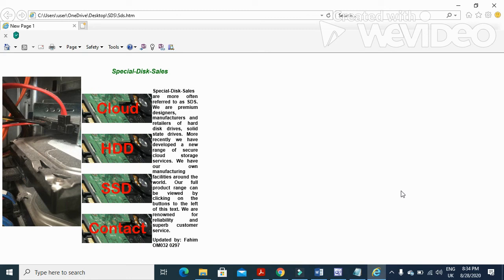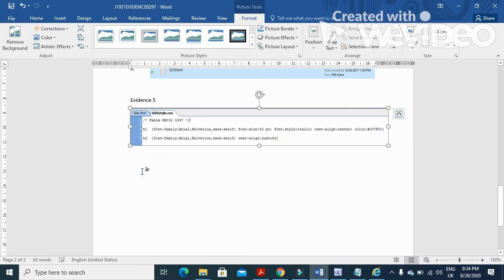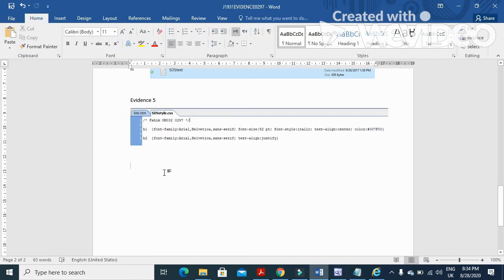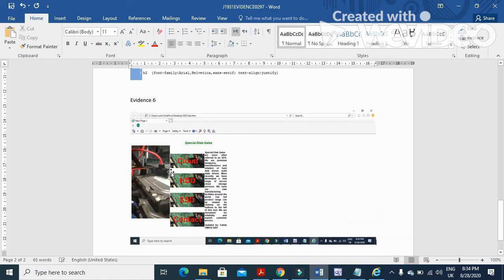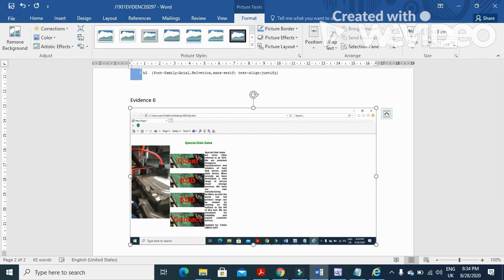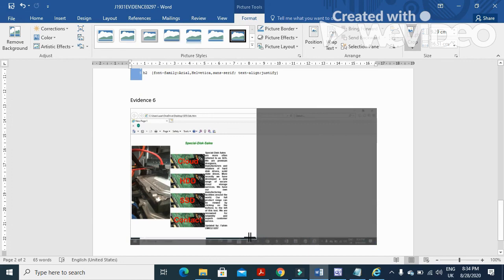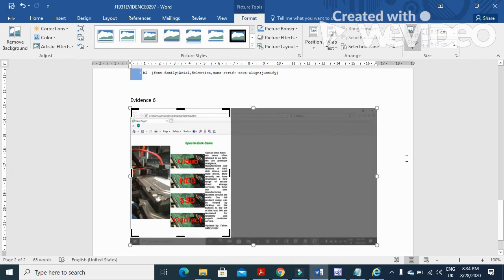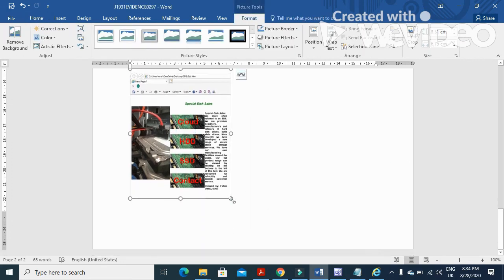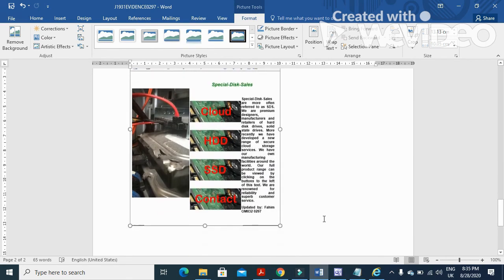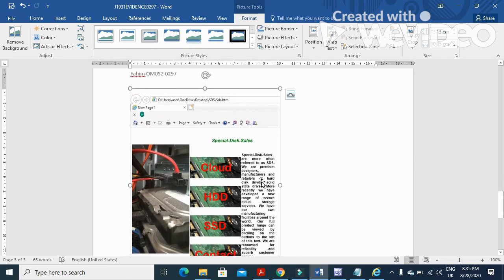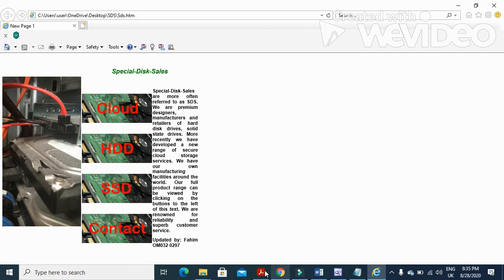Then just click on print screen, and this is your evidence number 6. How it will look like. Now if you want to crop, you just crop this part, but not the rest, because it has the contents and then the address bar as well. And then next step is